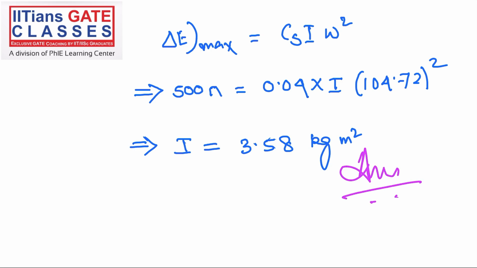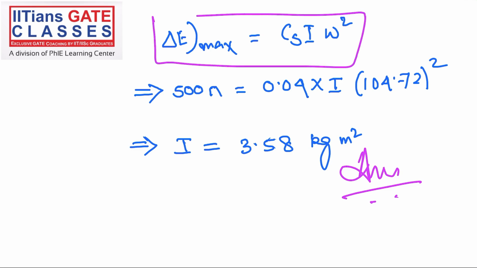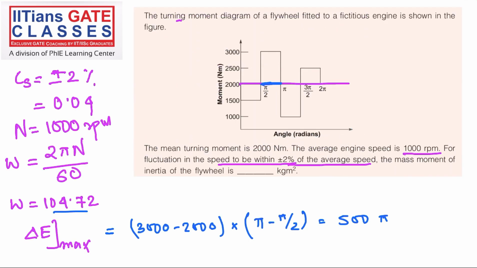See, it's a simple question. We have seen this formula in class, right? We have derived that formula in class, and these are all simple things we have discussed. Similar questions have also appeared earlier in GATE, and we have also solved a similar question in class. So this shouldn't have been a problem.